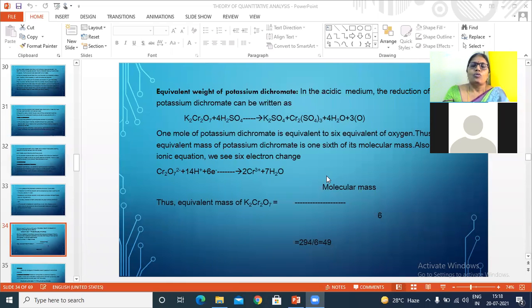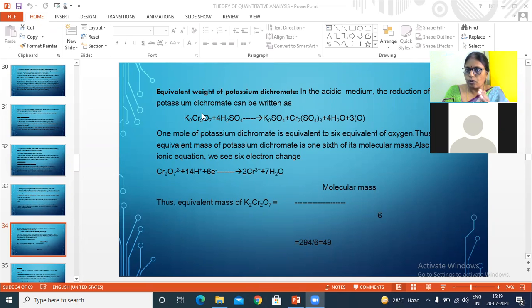It is working, ma'am. Okay, so in this reaction for potassium dichromate, if you want to find its equivalent weight, what we have to do is find the oxidation state of potassium dichromate in the reactants, and in the same way in the products also. One compound has to be converted into another. One must be an oxidation and another a reduction, as it is a redox titration. So we have to find the oxidation state difference.